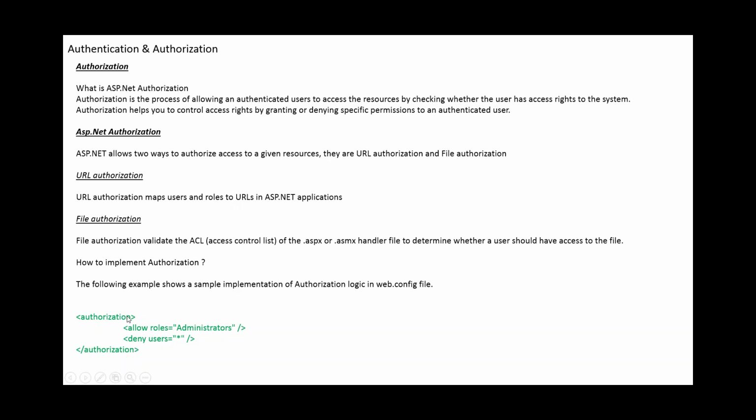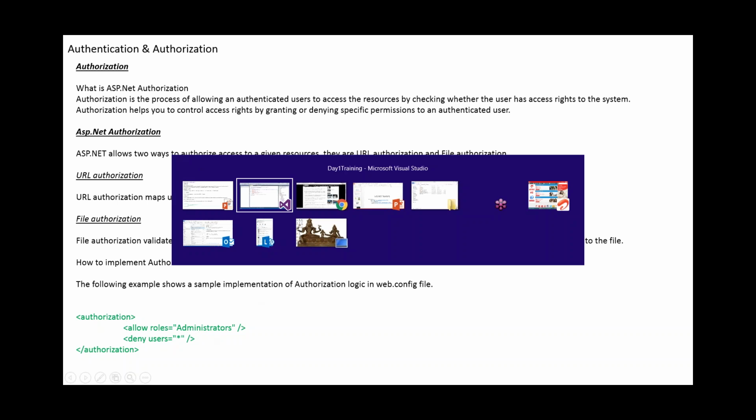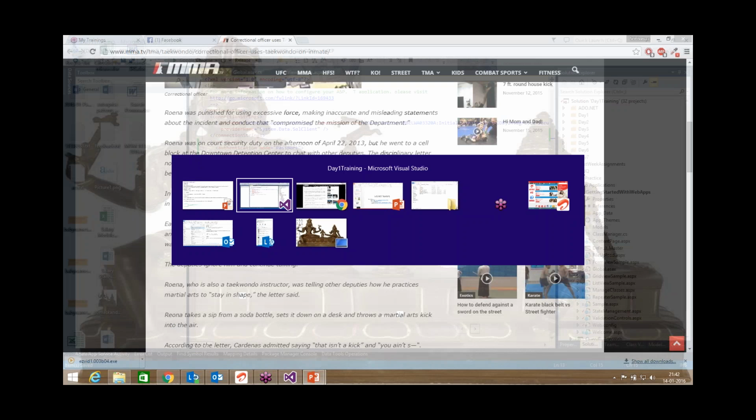In the web.config file you have the authorize attribute. From here you can define your roles, administrators. Other than administrators, no one can access a particular folder. That path you can define in your